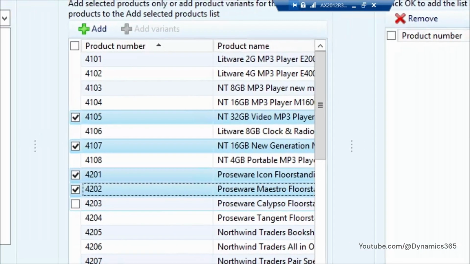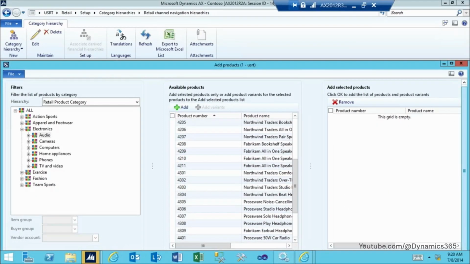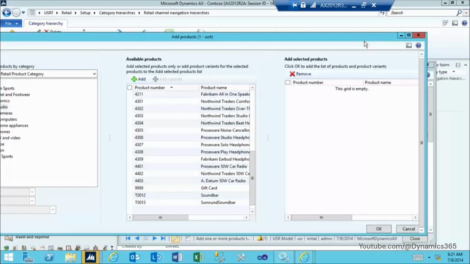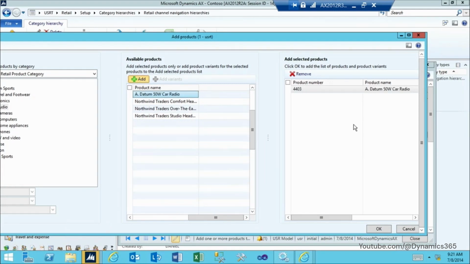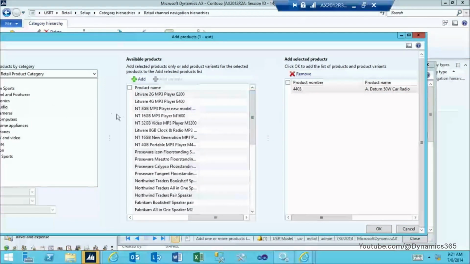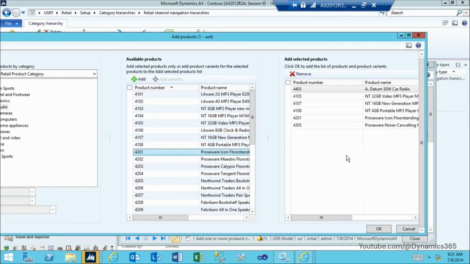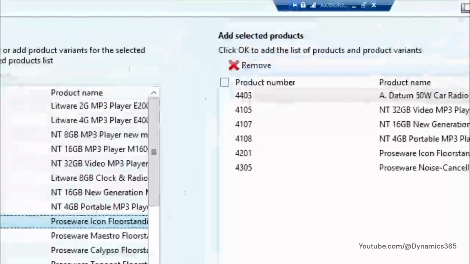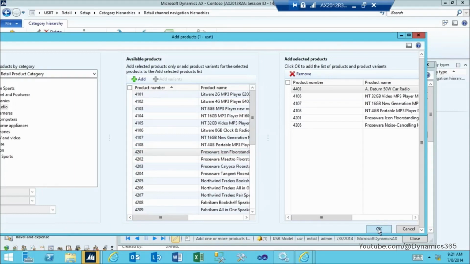Now you can go ahead and select multiple products. You can select multiple products like I have selected here, and then you can add them to your selected list of products. Once I click on add, you should find those products getting added into the add selected products list. Let me select a few more products here and click add. So you can see that all the products got selected and you have the add selected products list populated with those that you selected. Now when you click on OK,